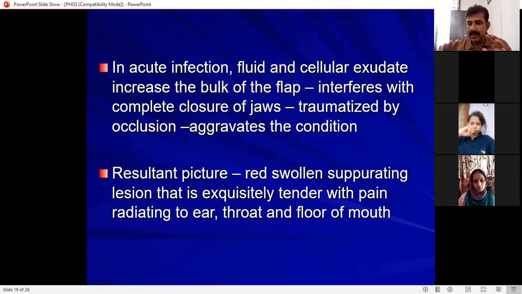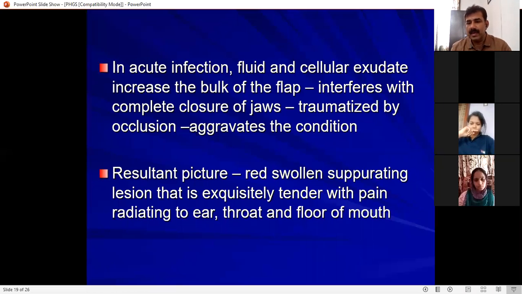So what happens initially is you have a partially erupting tooth. Over that, there is a gingiva covering. And in the space between this gingiva and the erupting tooth, you find a space called the operculum. In this operculum, the food debris and bacteria get entrapped. And the patient, even if he brushes, won't be able to remove that food debris from there. Okay, so that gets putrefied there, and the inner aspect of the flap will get infected and ulcerated.